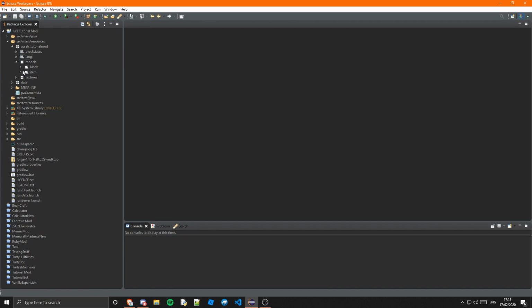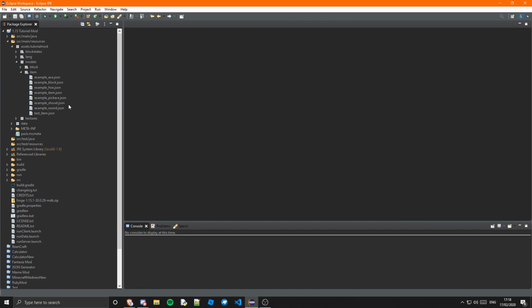Now if we go into the models.item, it's just basically a normal item model, so I'm just going to use test item. I'm going to paste that. It's just going to load because it seems to have some massive issue with being able to copy and paste,